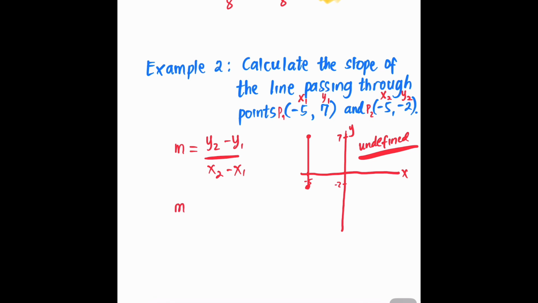So m equals y sub 2, which is -2, minus y sub 1, which is 7, divided by x sub 2, which is -5, minus x sub 1, which is also -5. Then simplify. You have -2 minus 7 is -9